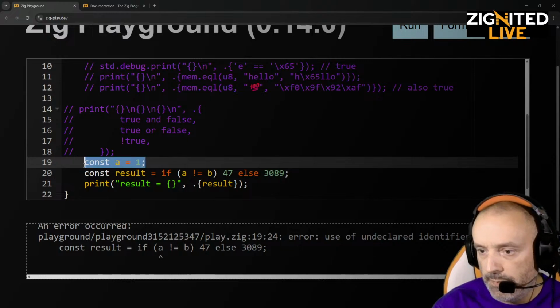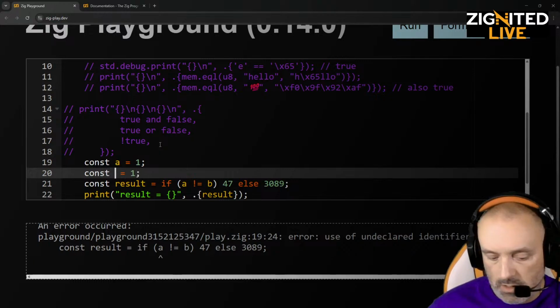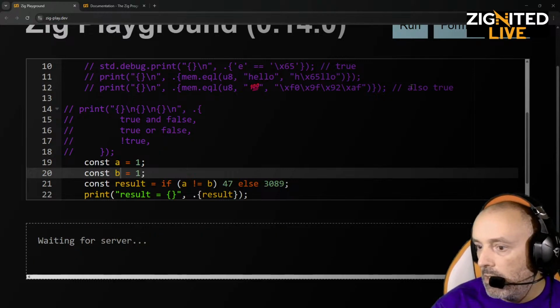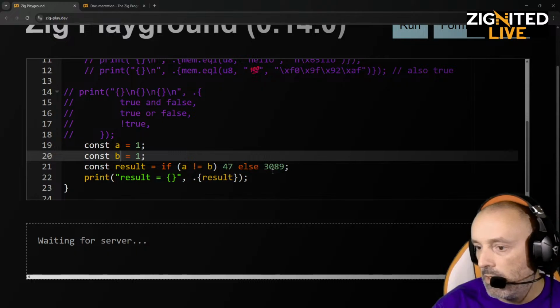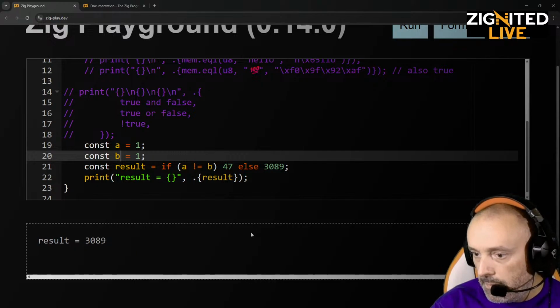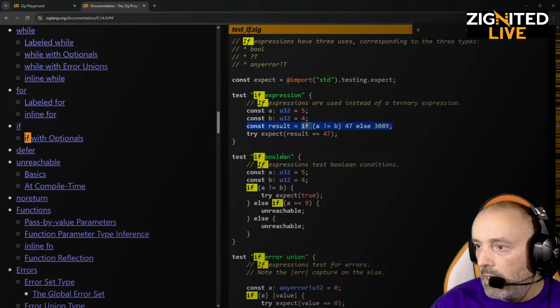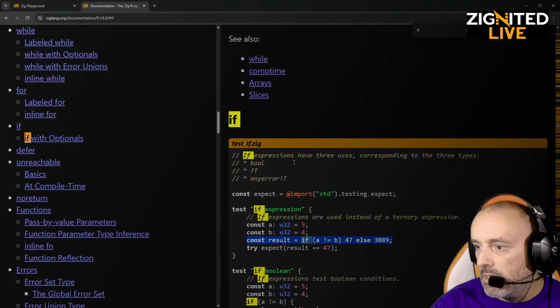But let's try. See if this is going to work. A and b. I should have everything now. Yeah, it works without. So I guess they just use the test